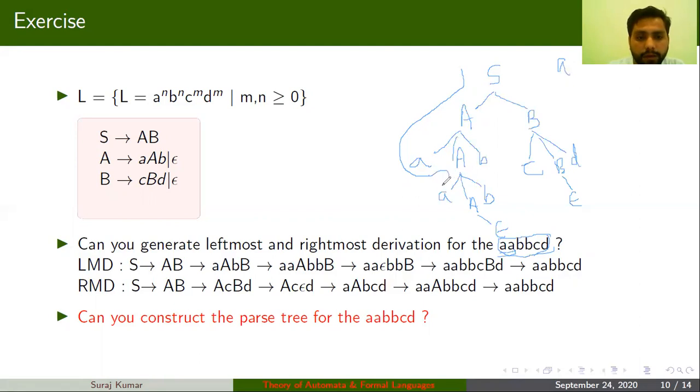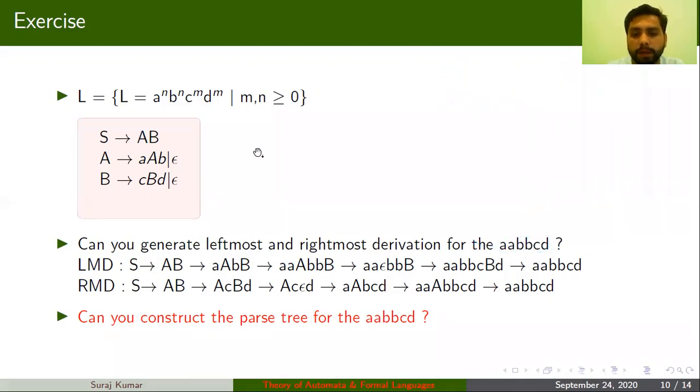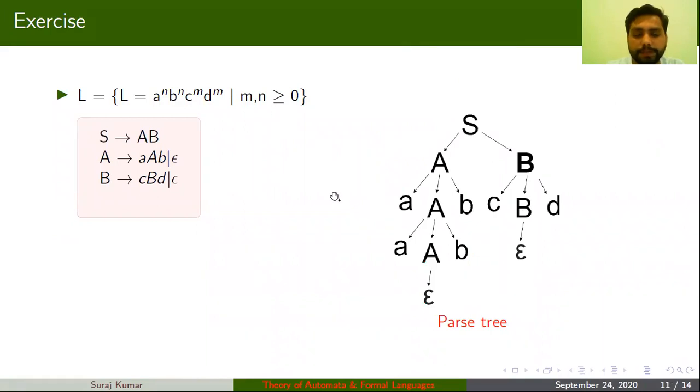So A, and then you can move to this A, your A comes, and then after that you will encounter epsilon, and then after that your B will be encountered, you can print B, and then B, and then you can move from left to right, you will get C, and then epsilon, and then you will get D. So here you can write epsilon and then D and then D. So this is nothing but equivalent to double A, double B, CD. Okay, so this is actually your parse tree or the derivation tree corresponding to the given grammar. Okay, so this is the parse tree.